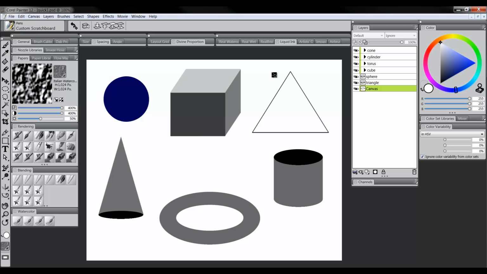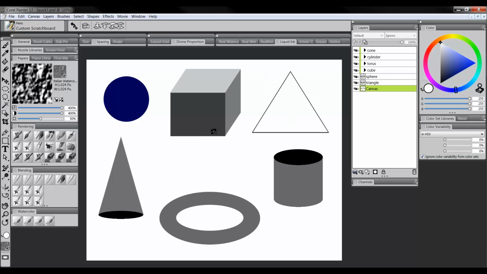In this video, I'm going to show you my technique for making quick and easy primitive shapes using Corel Painter 12. So one thing I want to mention first is that Corel Painter 12 is not the best tool for making these kind of shapes. You'd be a lot better off doing it with a vector program like Adobe Illustrator,